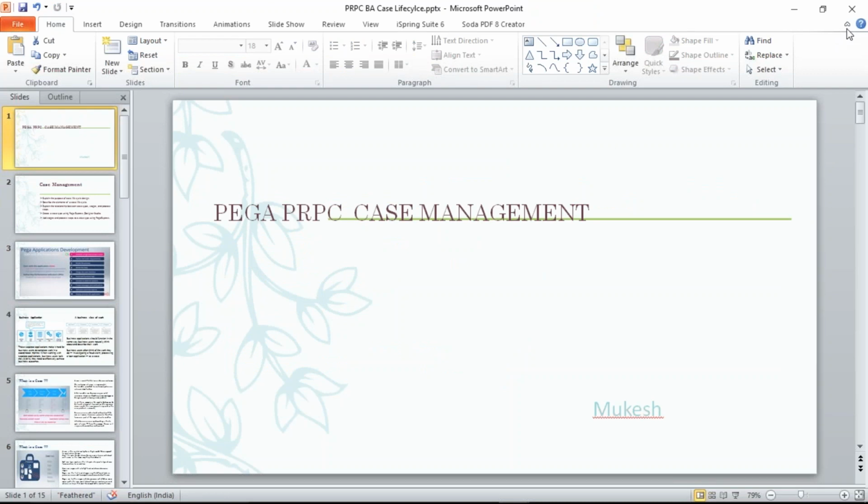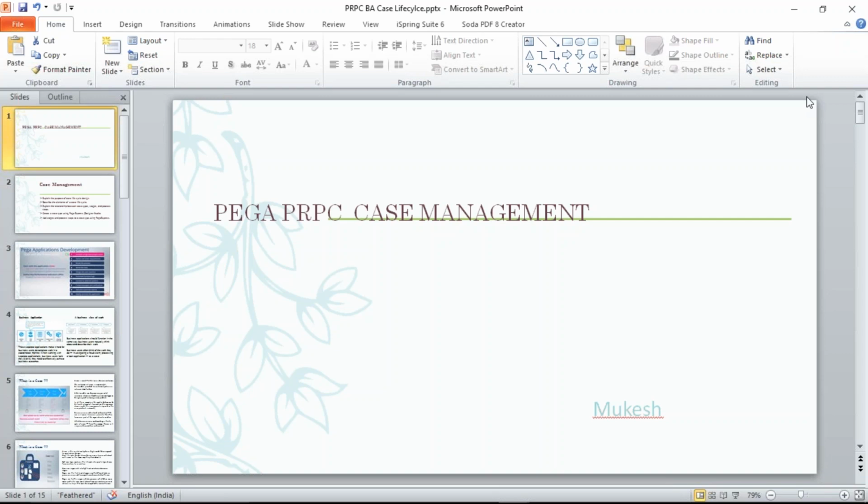Okay, so till now we have seen the best practices for SMART objectives, what a good requirement and good specification is, and what the role of a BA is and how it differs from a traditional business architect.